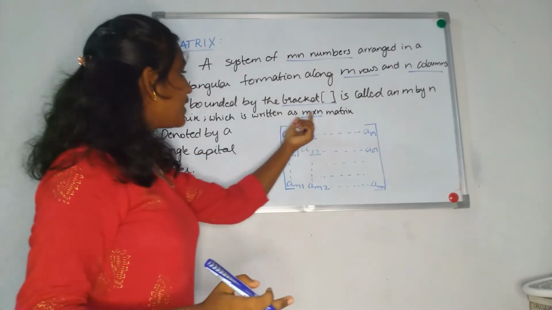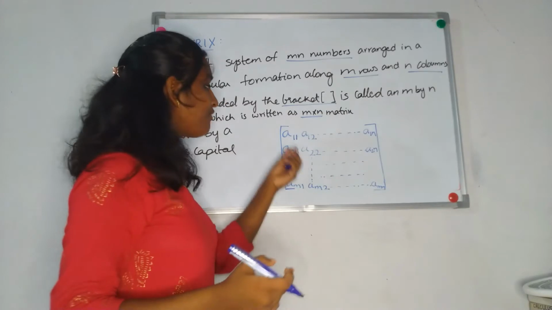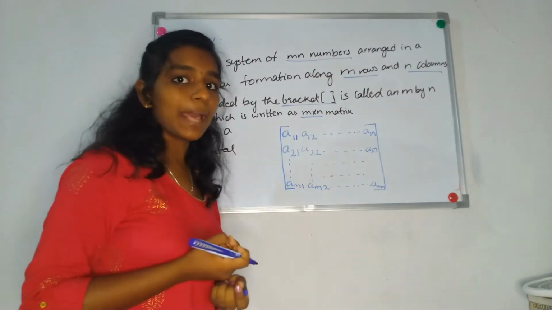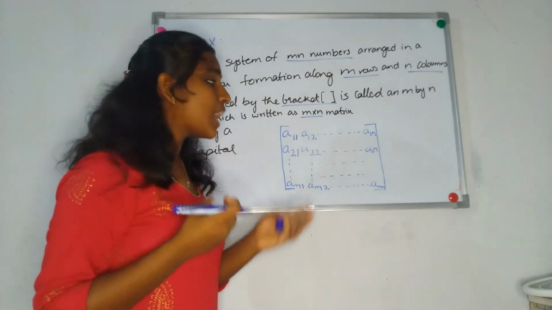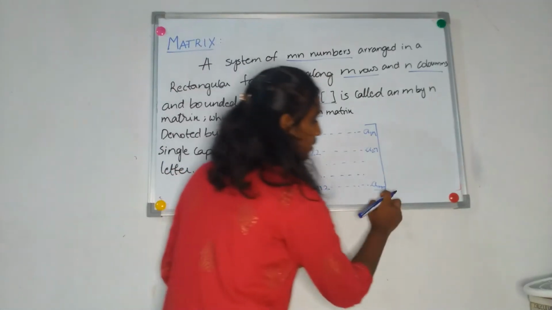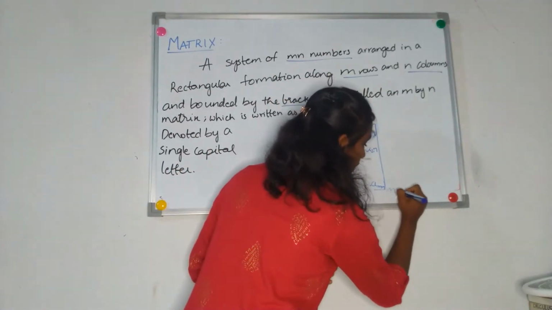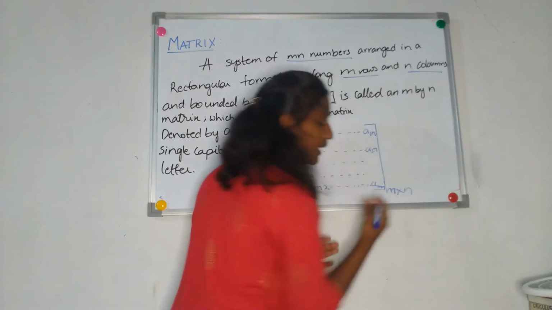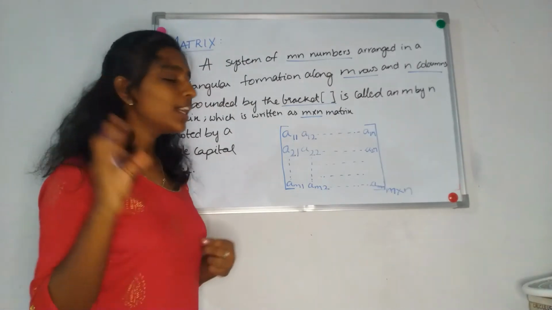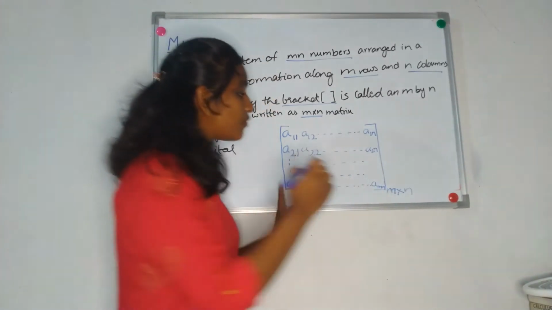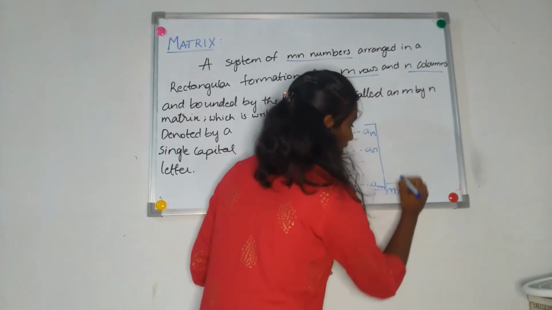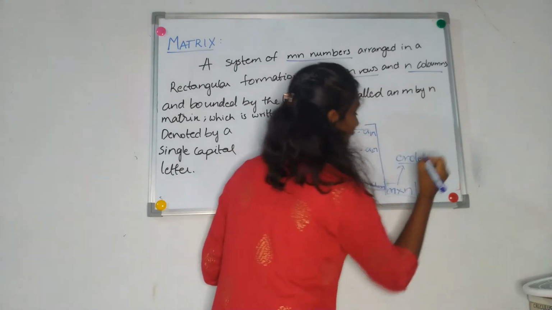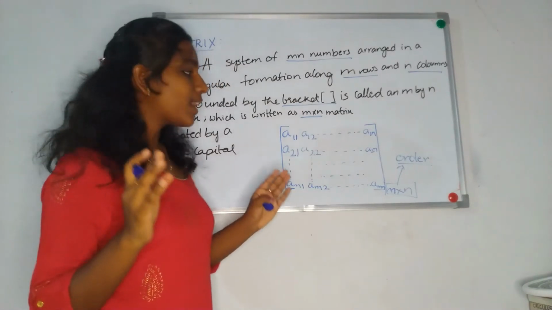Now where do we represent this part, that we have m rows and n columns? Always you will not write it like this. You will be writing numbers there. So when you write numbers, how do you represent them? You have to write it over here, m cross n, for them to know how many rows and how many columns there are. And what is this called? This part is called the order of a matrix.